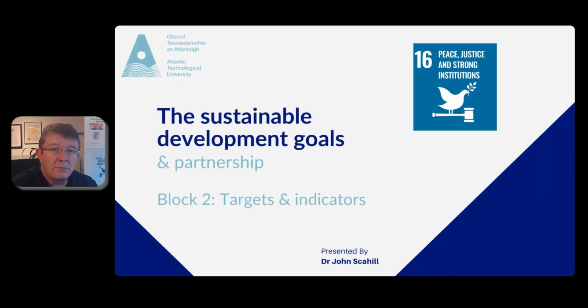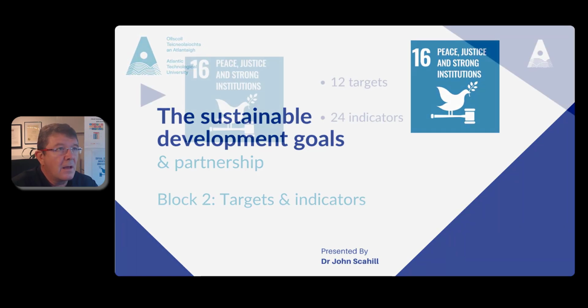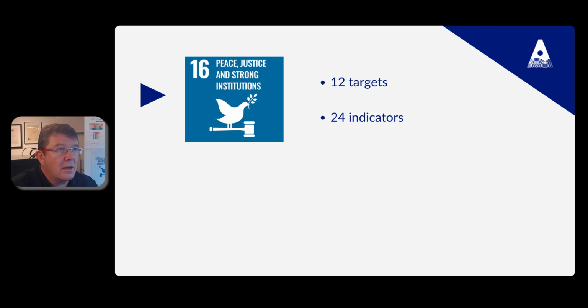Hello and welcome to Block 2. Here we're going to have a look at the targets and indicators in SDG 16. As you can see, there are 12 targets in SDG 16 and 24 indicators. This means that SDG 16 is one of the most populated of the SDGs in relation to number of targets